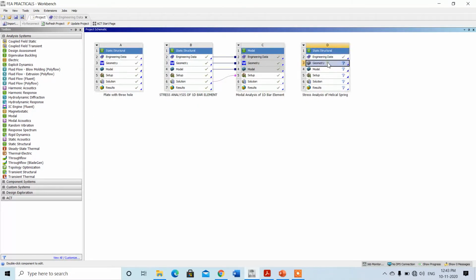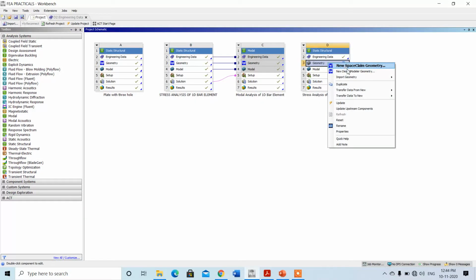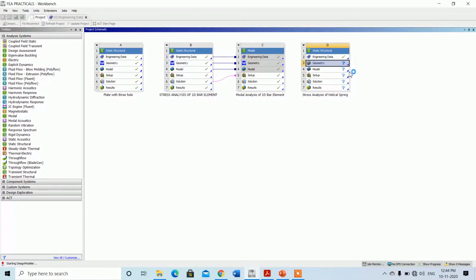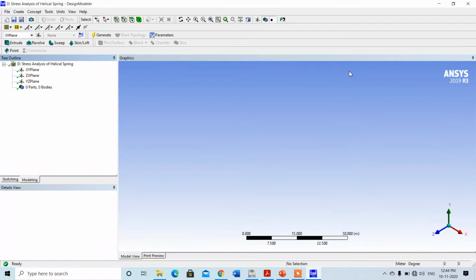Now, you can move towards the project schematic, that is, come back to the project again. Then go to the geometry, right click over it and click on new design modeler geometry. If you want to do the analysis of any machine component, the geometry will be critical. In that case, you can model that geometry in the new SpaceClaim environment, or you can simply import that geometry in the design modeler.